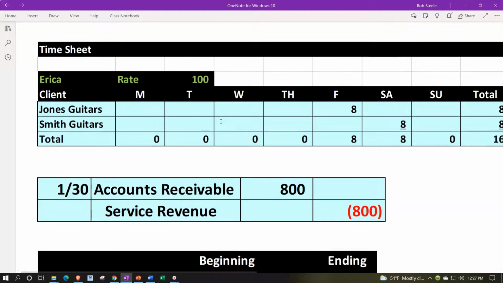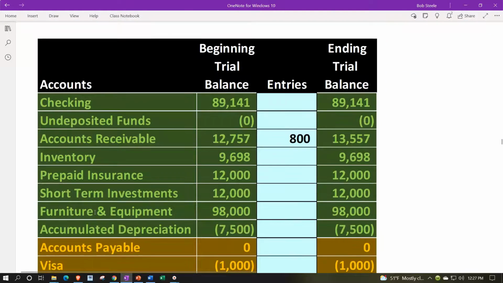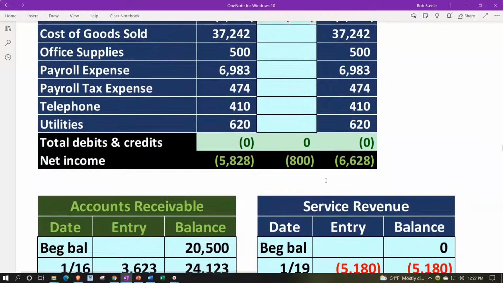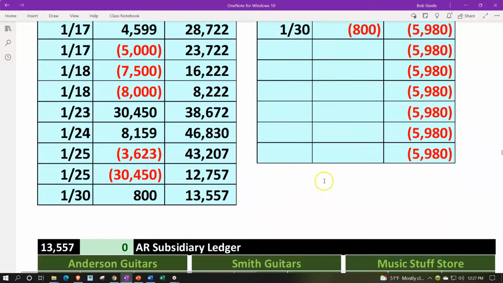Therefore, 8 times 100 would be $800. The invoice would simply be doing this, debiting accounts receivable, credit going to the service revenue. If that was going to impact the financial statements, accounts receivable goes up, and then the service revenue would go up. Looking at the general ledger accounts, it would be